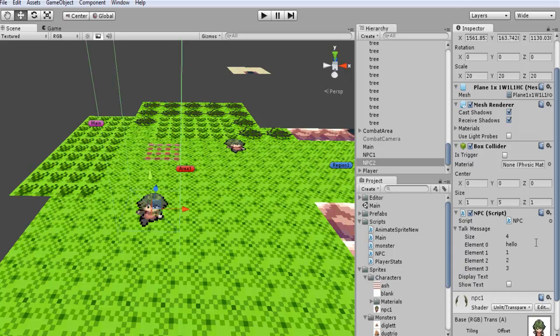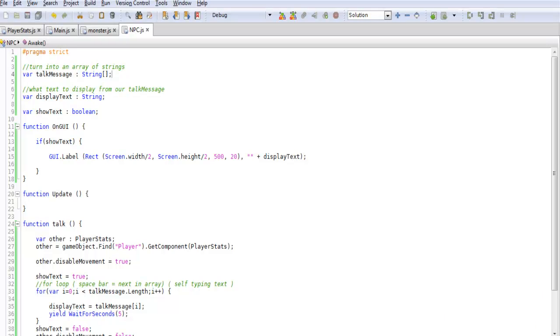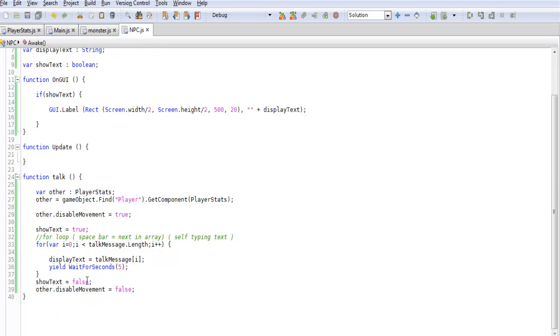So when we go through this loop, it's going to display the first element first, or element 0. Wait 5 seconds, go to this one, wait 5, go to that one, and that one, and then it'll be done with that. And after it's finished with that, it's going to leave here. It's going to hide the text, and it's going to re-enable our movement, and it'll be like we're done talking to the NPC itself. So with this dot length,